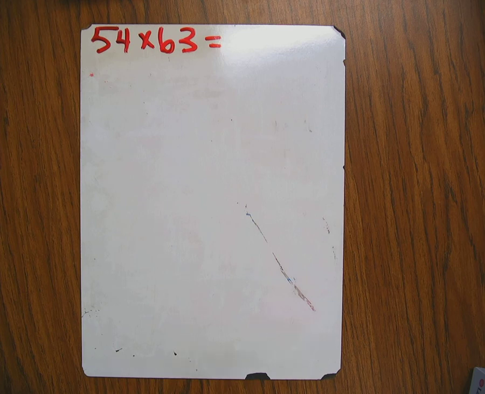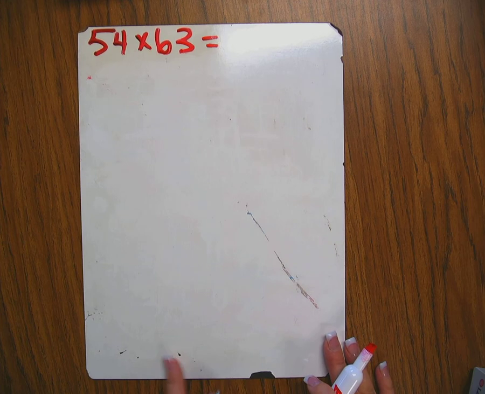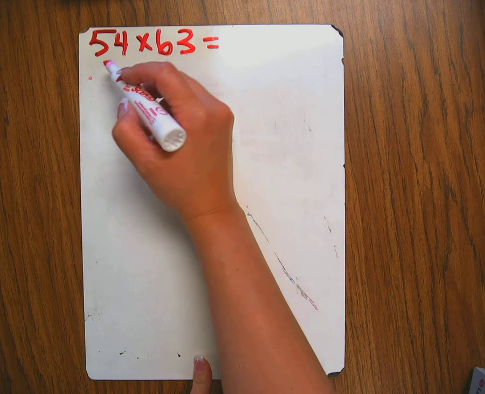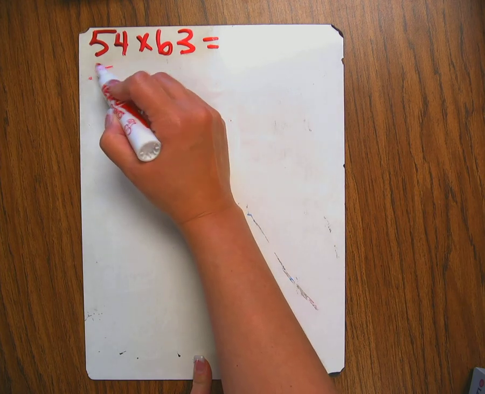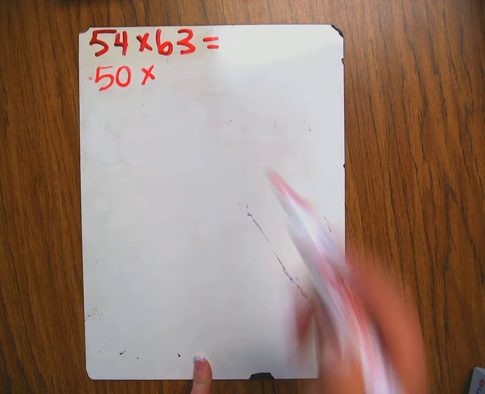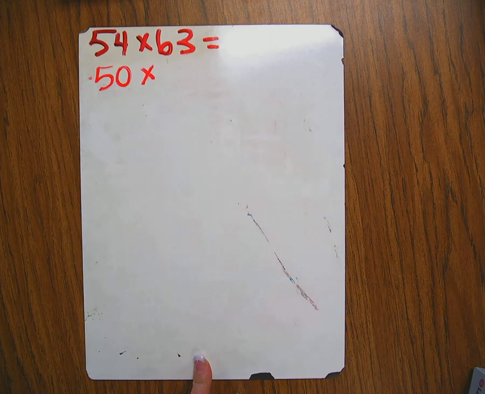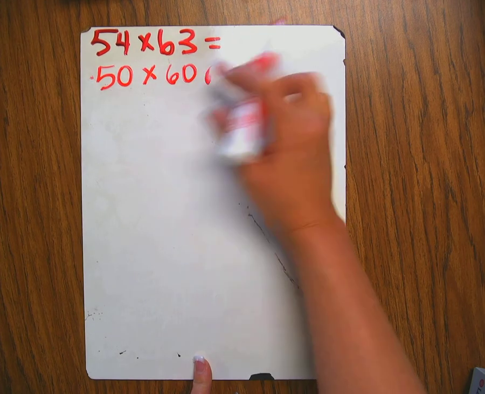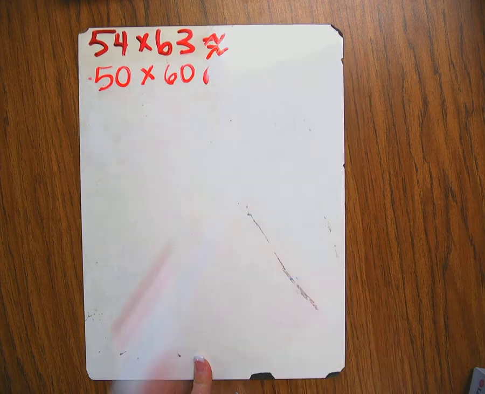So first, before I even start a problem, you have to remember we need to estimate. So I'm going to look at this problem and ask myself, 54 is close to what? What's an easy number that I can work with in my head? That's about 50. And then I look at 63, and ask what's another easy or compatible number that would go well with 50 that I can multiply in my head easily? That's 60. So I know that this answer is going to be about, and that's the about symbol,